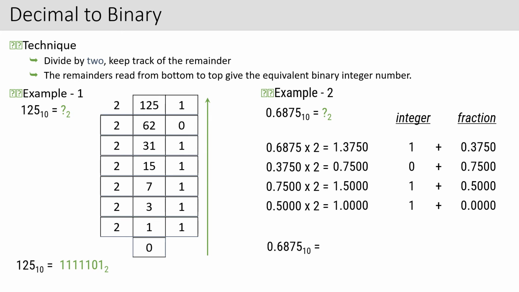So what will you have to do here? You will have to go on multiplying the fractional number by 2 until the fraction becomes 0. Here, if you check, what is the fraction? The fraction is 0. The fraction turns out to be 0. Had it not been 0, a non-zero number, you would have to multiply it by 2 again and follow the same process until you achieve 0 as your fraction.